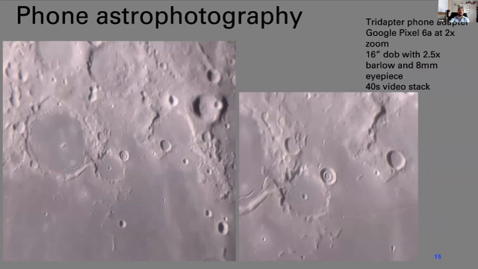And by attaching my cell phone using the same adapter to my big Dobsonian telescope, I was able to get even more detail in some of the lunar craters. Now, what we're looking at over here, right at the very center, is a crater called Hasadus A. I don't exactly know how to pronounce it because I've only ever read the name. But it's a very interesting crater because you can see this double crater, perfectly concentric. There is an outer crater, and then there is an inner crater right in the center of the outer crater.